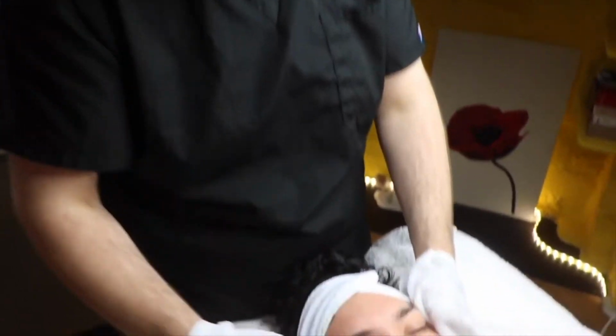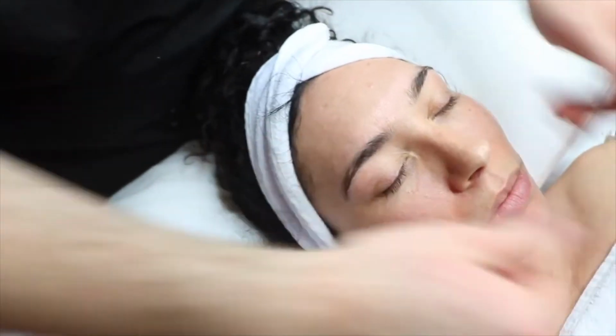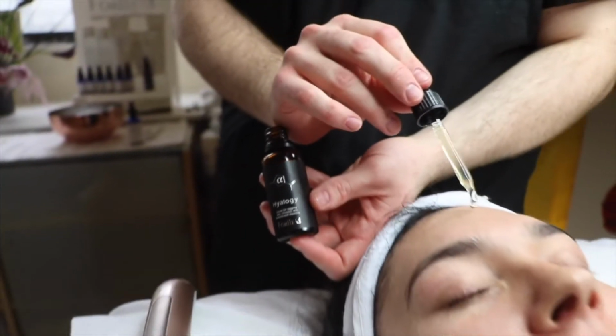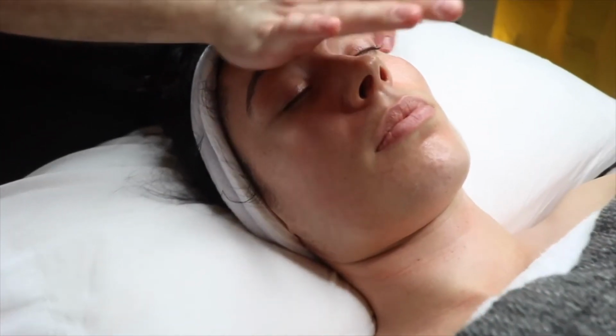So if this sounds a bit like your own patient journey, I think it would be really important for you to come in, have a little conversation with me, have a little consultation, and we can see if that's going to be right for you. But the Forlle'd Oxygenating Facial is a tremendous, profoundly moisturizing treatment that will not only leave you feeling super relaxed and pampered, but give you some real results that will last